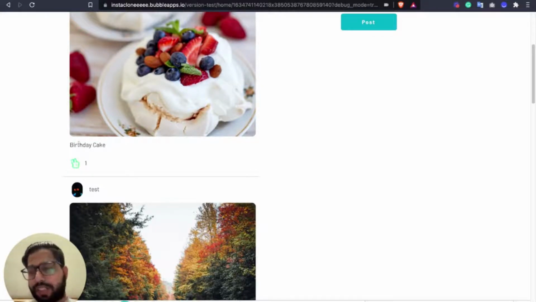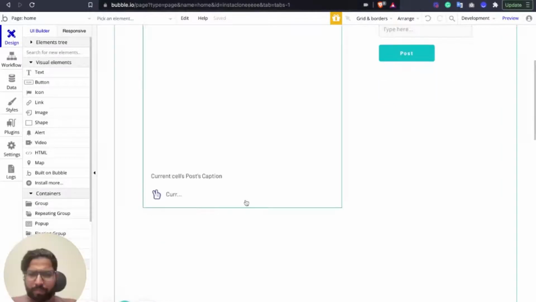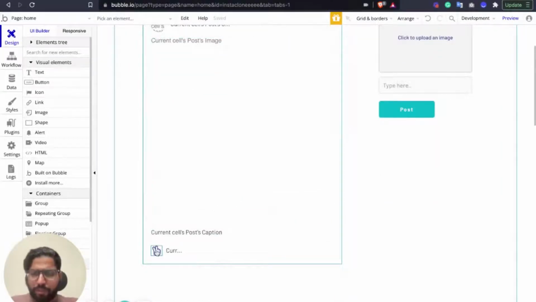Similarly, we're going to reverse this process to unlike that picture and remove the current user from the list of users of that like. For that, we are also going to create a custom state for this button so that it changes the value whenever it's liked or not liked.